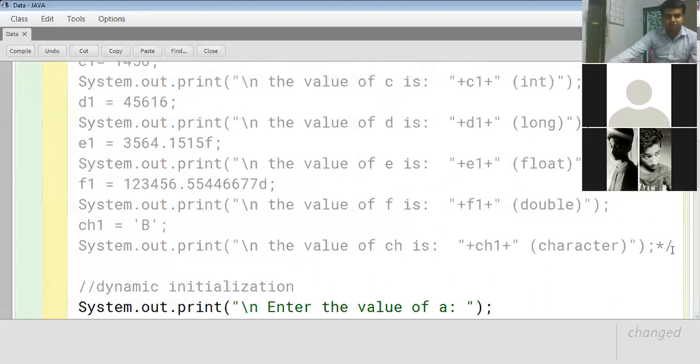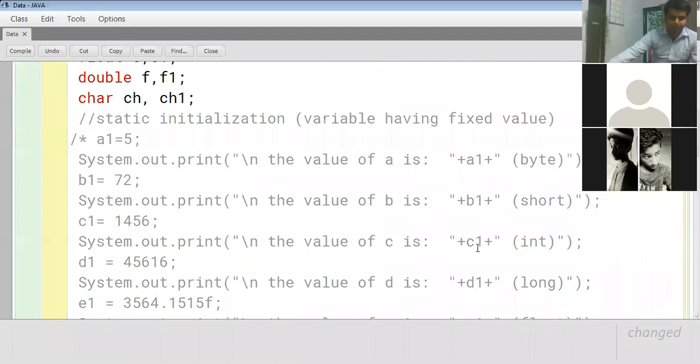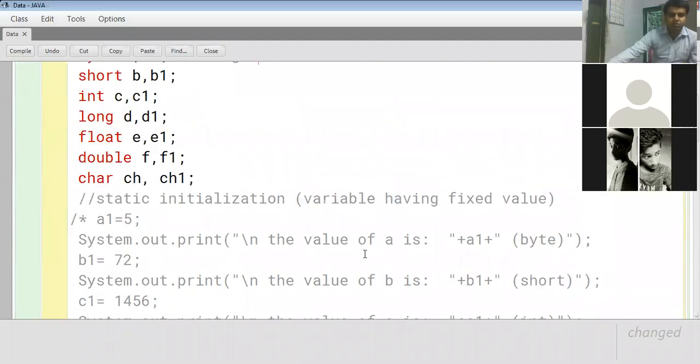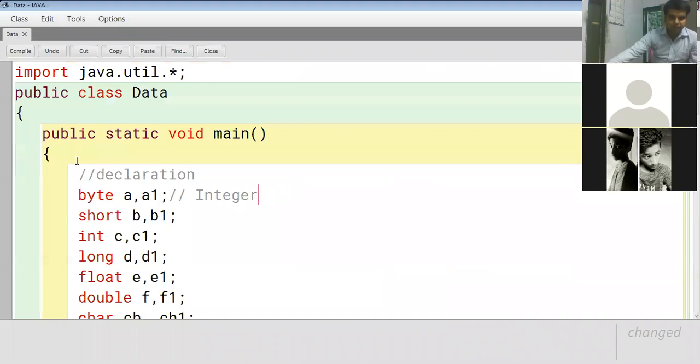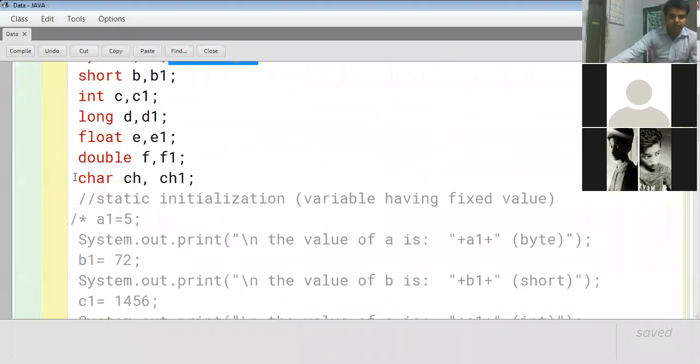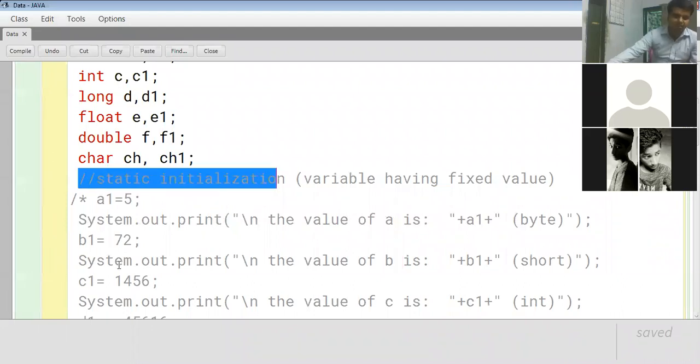This is known as a multi-line comment. Comments are those lines which never get executed inside the Java program. The Java compiler will not read these lines. I repeat, the Java compiler treats them as comments, so they have nothing to do with the Java program.